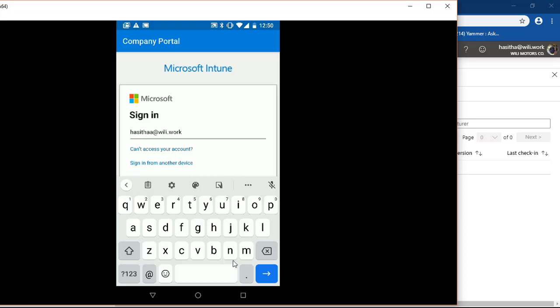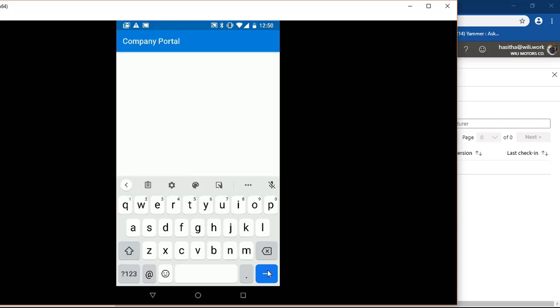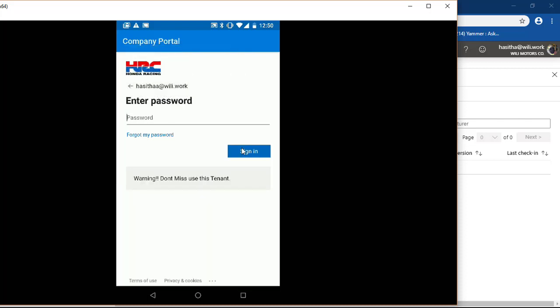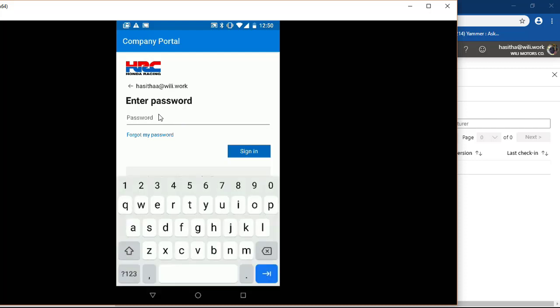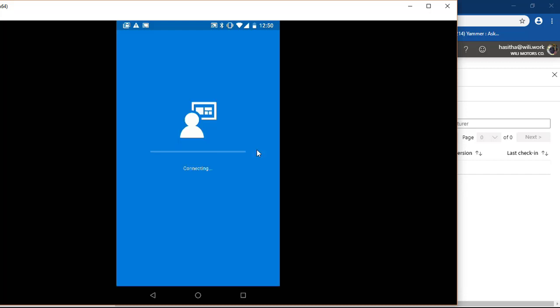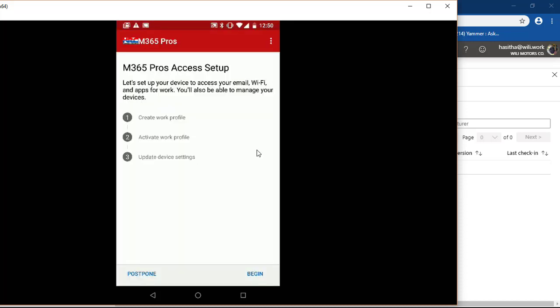Okay, this is my test domain, right? And then I'm going to say okay, and next is the password. Since I have saved the password, I'm going to click it. Yeah, and I'm going to click sign in. Now it will sign into your company portal, because I have already assigned the required license to this user,